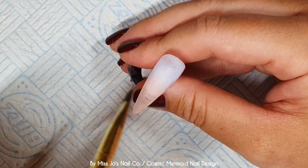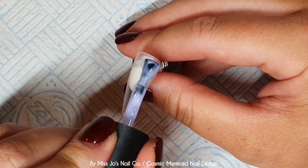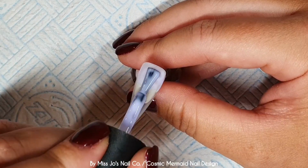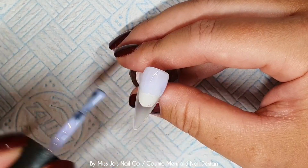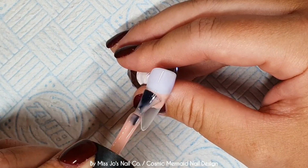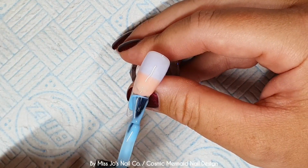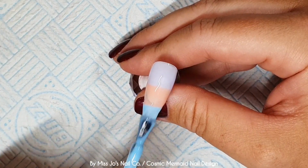What was I saying? If you want to do an ombre, it's always good to use colours that blend well together. You know, trying to ombre a black and a red, well, that's not too bad. Colours that are next to each other in the rainbow ombre easily together. This one I'm going to do the purple, then the pink, then the blue. I thought about doing purple, blue, pink, or blue, purple, pink, because that would make more sense. But I think the blue and the purple would look too...